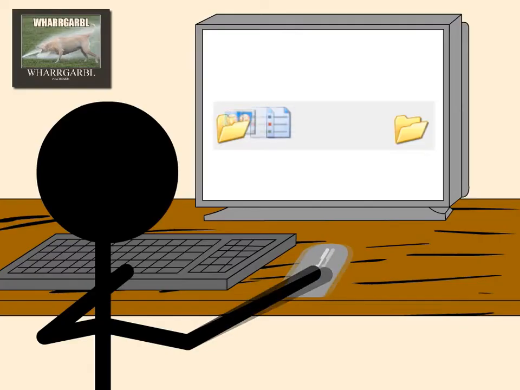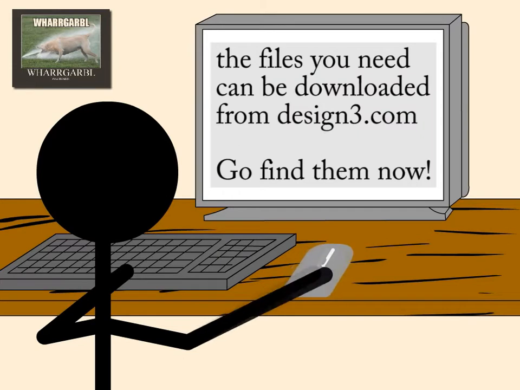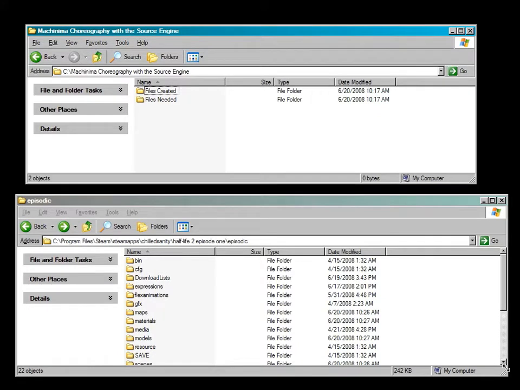And finally, the last thing you need to do before you can use this guide is to copy some files over in order to follow along. I recommend opening 2 copies of Windows Explorer like I have here. Now I have to record this before everything's finalized, but I'm told that the first directory we'll be copying from is going to be Machinima Choreography with the Source engine, like you see here. And the place we're going to be copying files to is your game directory under Steam. By default, that's going to be the C drive, Program Files,